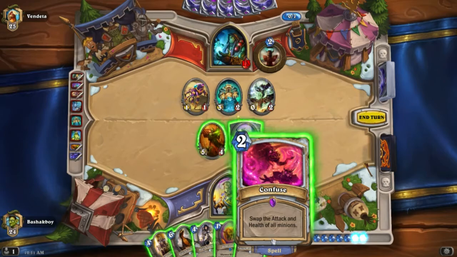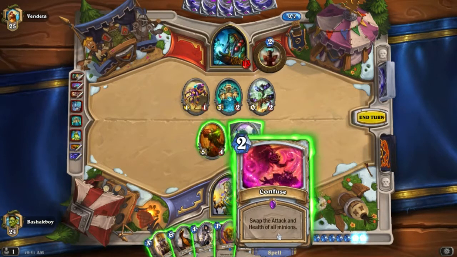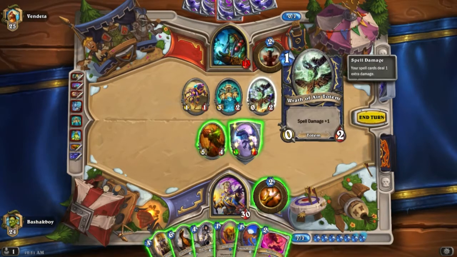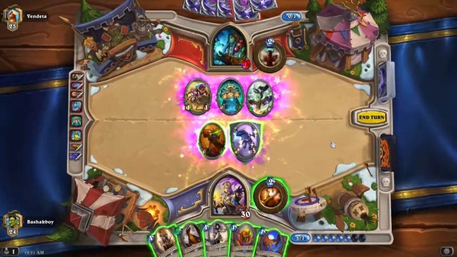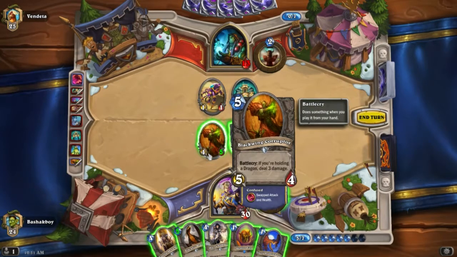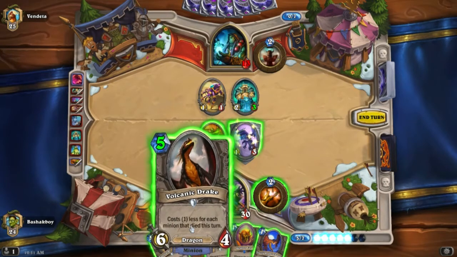So if I swap the attack and health of all minions, my taunt becomes stronger again. So I think... and his totem will have 0 health and therefore be destroyed. So let's do that one. So that's gone. That's now a bit more safe. And he's a little bit weaker in power, but a little bit better health. We will play...